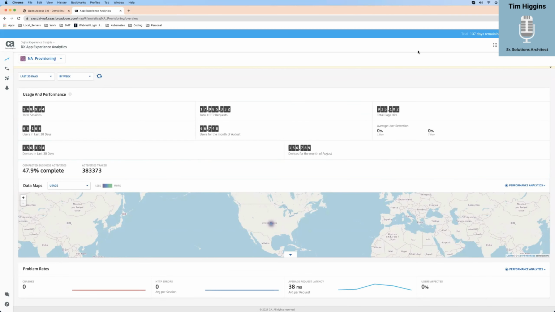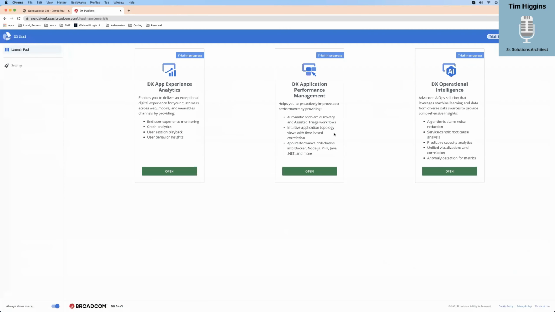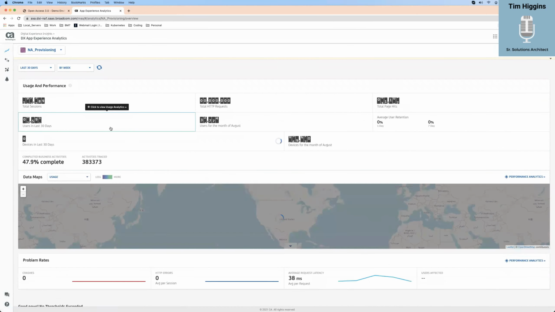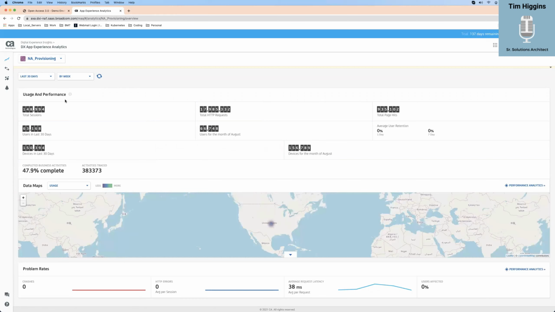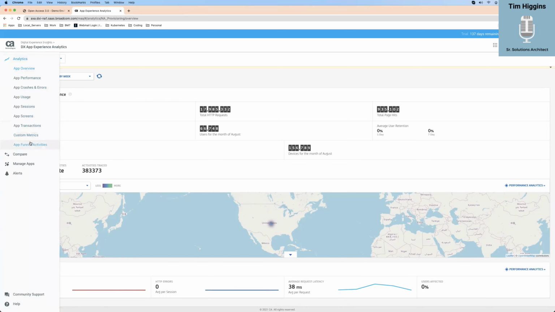So I'm going to kind of recap because I know there's a lot of clicking. If I started on my Launchpad, and if I went to AXA, the first place I'm going to go is this overview screen. Okay. And I went last 30 days just to get more information. Now from here, I can see this says sessions, right? This says performance. And I'm reading these little bullets that will kind of give you an idea of where you would go if you click it. But if you wanted to, you could always just go over here and go up from here.